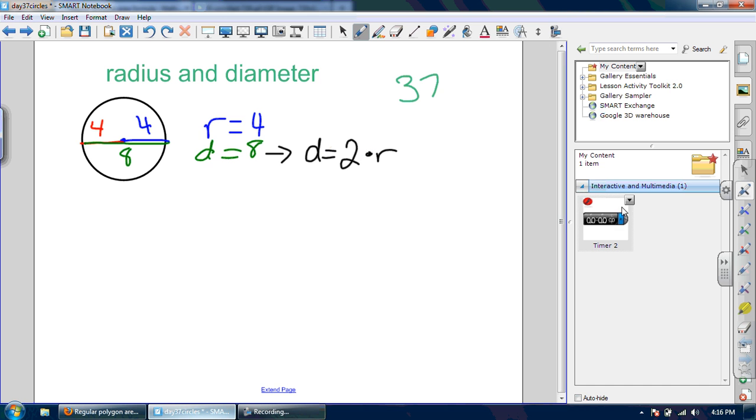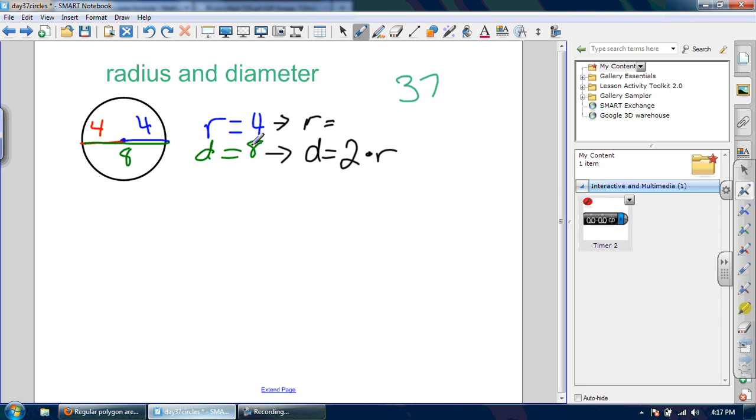So, and now we can do this going the other way as well. If I want to figure out the radius, how could I figure that out in terms of the diameter? Take a couple seconds, about 15 seconds, and think about how could we write that out. R equals what of D? Okay, so time's up. So if we look at it, we can say, well, radius is smaller than D, so